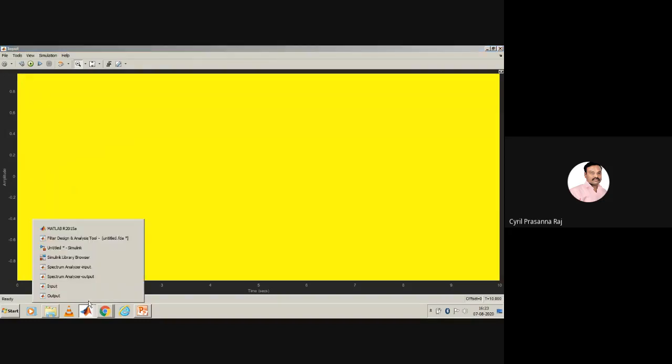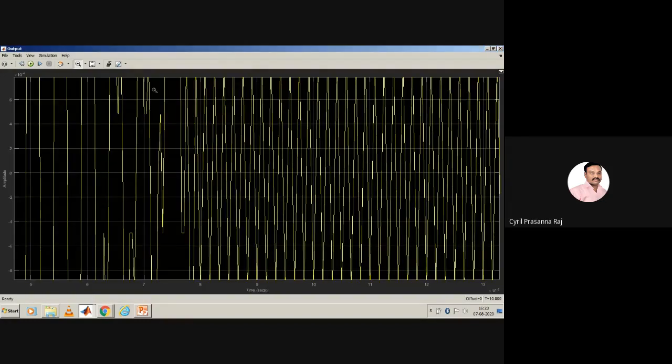But if you check the output of your filtered output, the amplitude is now 10 power minus 4. It means the input you applied, which has a value of 1 volt plus or minus 1 volt, has been completely attenuated and multiplied by a factor of 10 power minus 4. That means it is not coming out. But still it is available as a sine wave, but the amplitude is very, very low. That is how you test the filter.